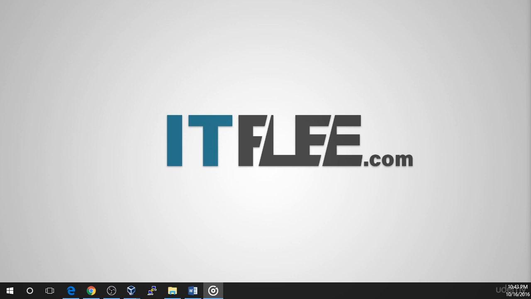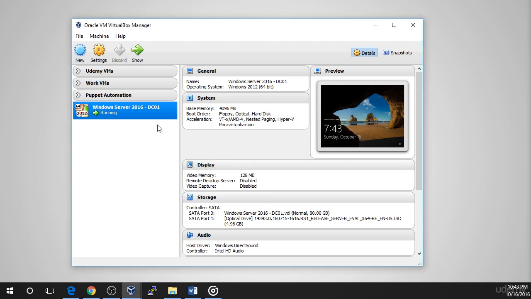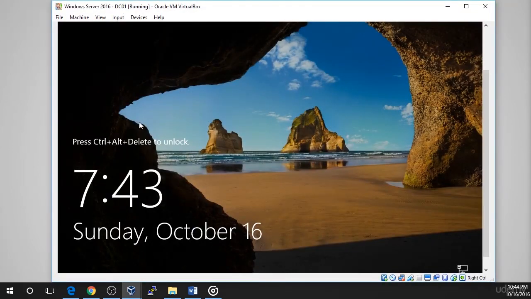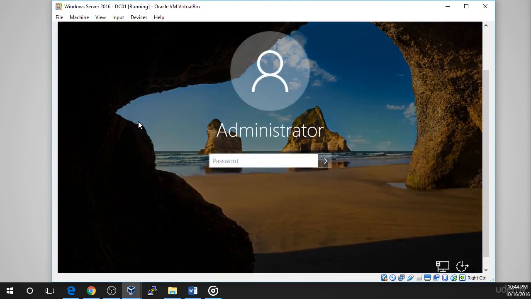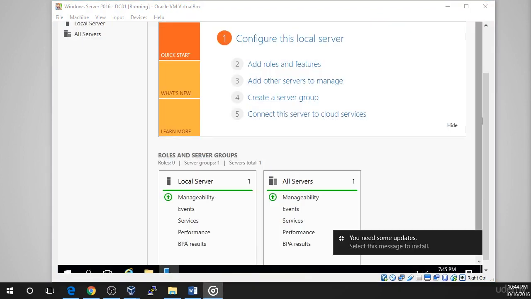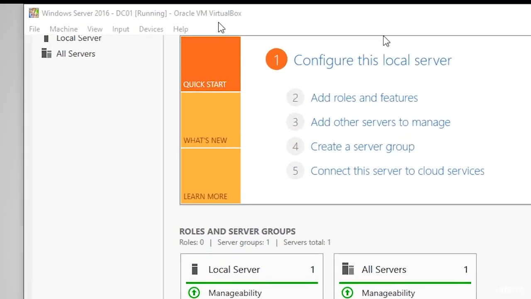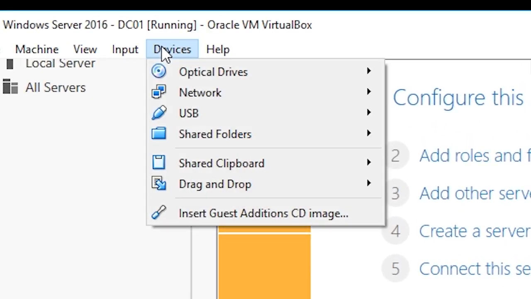Now obviously make sure the virtual machine is powered on. If the VM is not already powered on, right-click on the VM and choose Start, Normal Start. Once the VM is powered on, press right Control and Delete and enter your login credentials that we created earlier. Wait for the server to fully load, and then at the top of the VM window, select Devices and insert